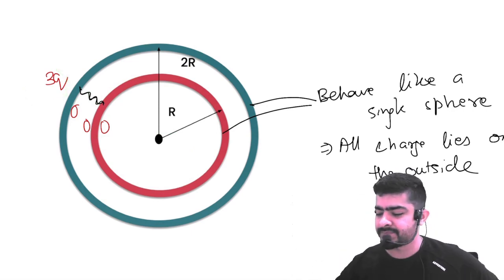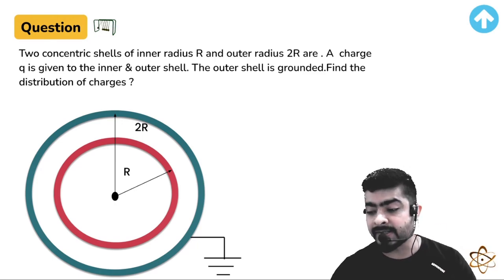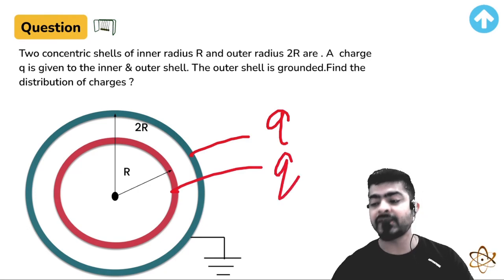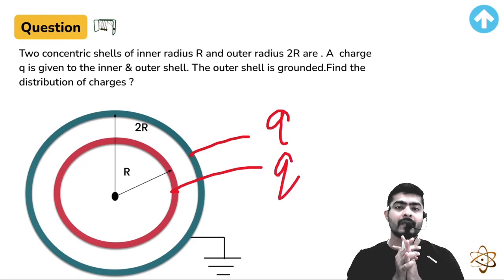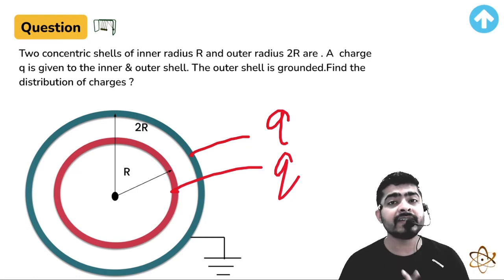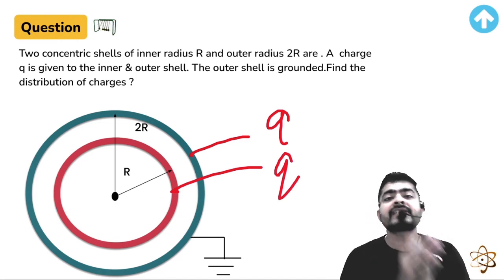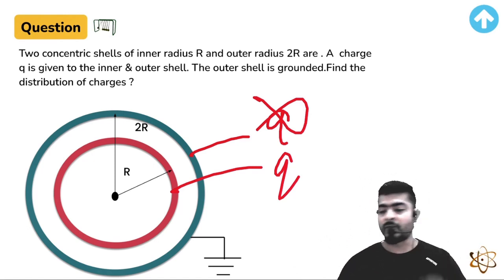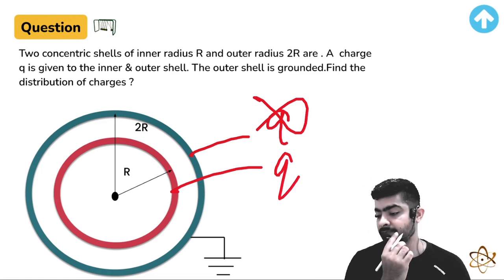Great. So students, let's try this question now. Again we've got two same conductors, but the outer conductor is now earthed. That means its potential becomes 0. And both of them have been given initially charge q. And now we have to find the charge distribution again. Think. The outer shell is earthed, its potential is 0. So actually the outer shell will exchange some amount of charge with the earth. So this value is not important anymore. Okay. So what will happen in this case? Think now. We have to compare the potential.